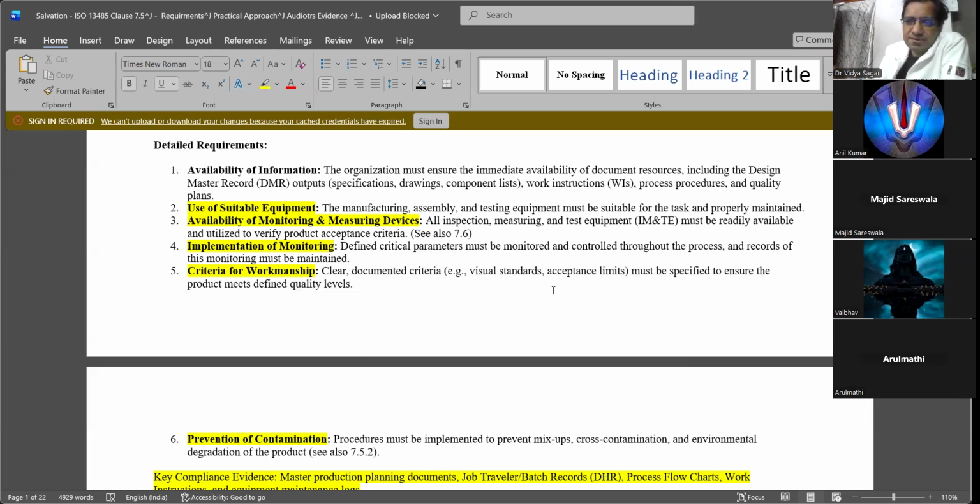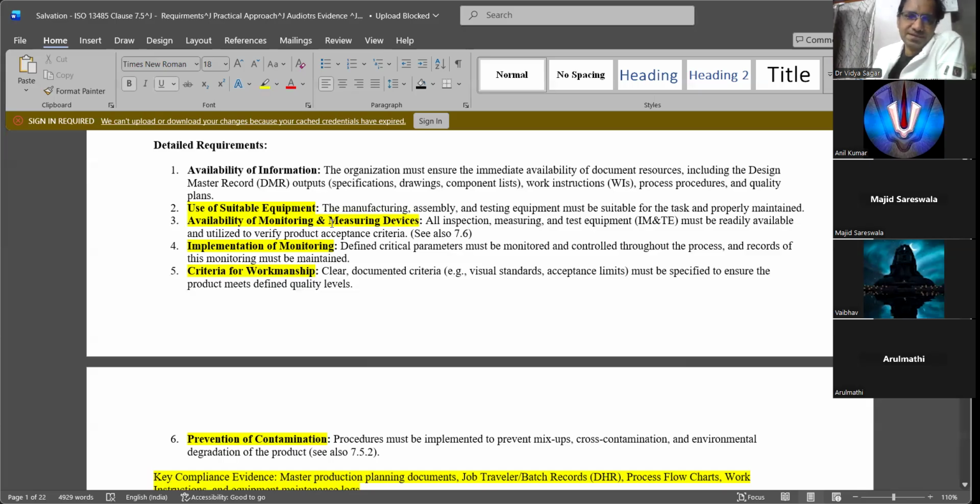Basically, it will be indicated at the machine itself: this is validated on so and so date, next validation is this. If it is within the validation time, you can go ahead. If the validation has expired, then you need to do another validation. Even for calibration, equipment has a calibration label with the date calibrated. So all this has to be maintained.